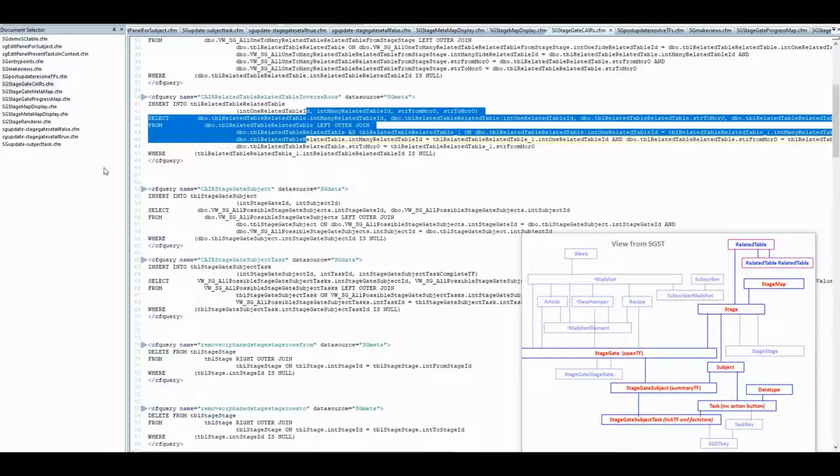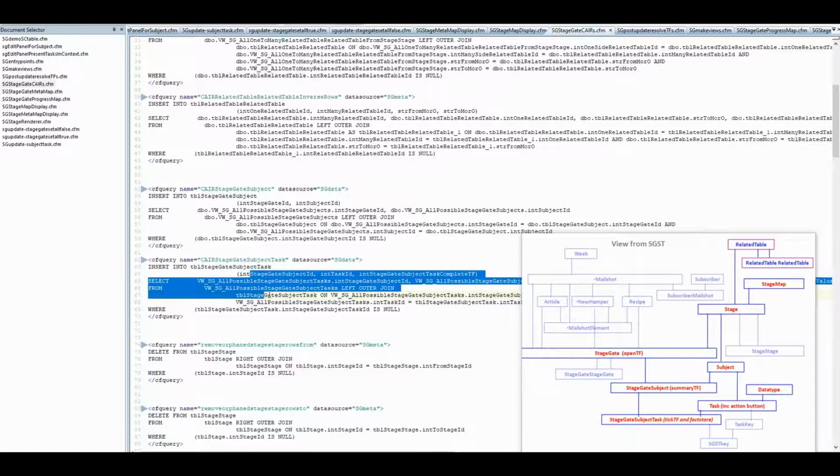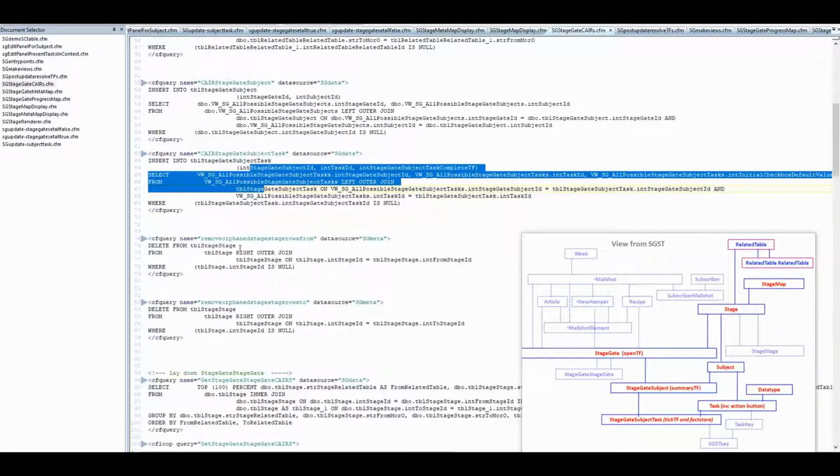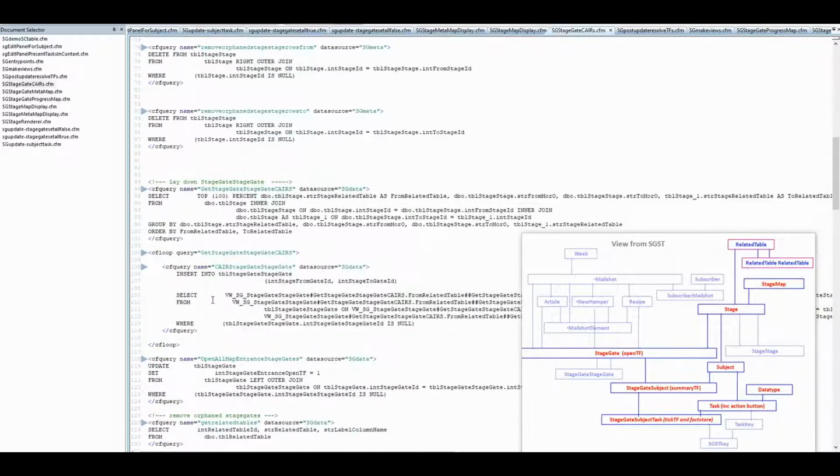CAIR stage gate subject, loads that, subject task, clears any stages which are now orphaned because the stage has been removed in the course of edit. Similarly with those, goes and gets all of the stage gate CAIRs,